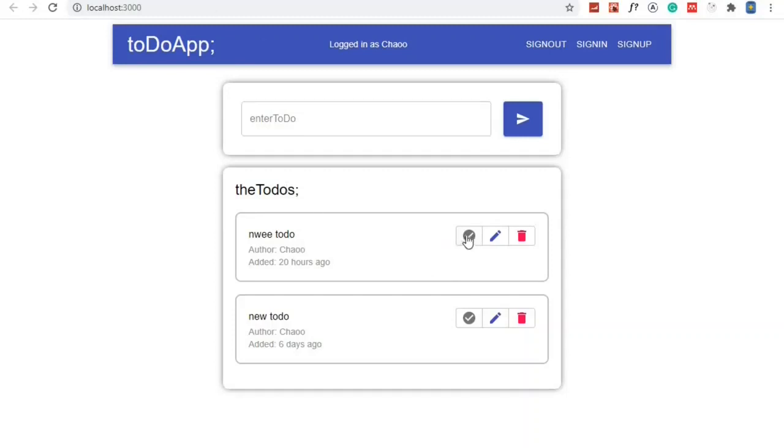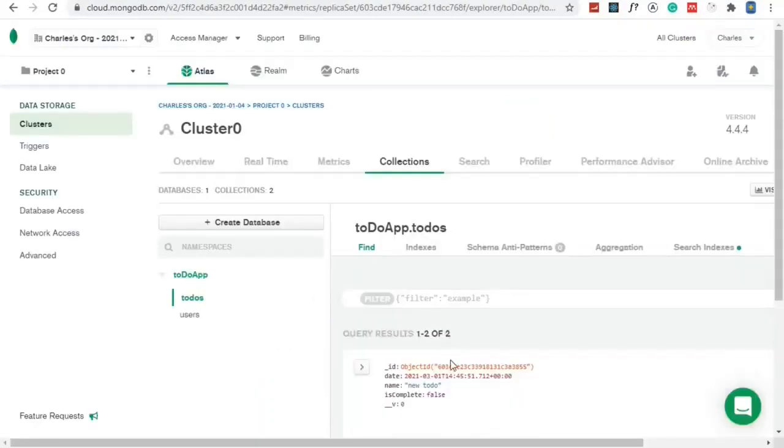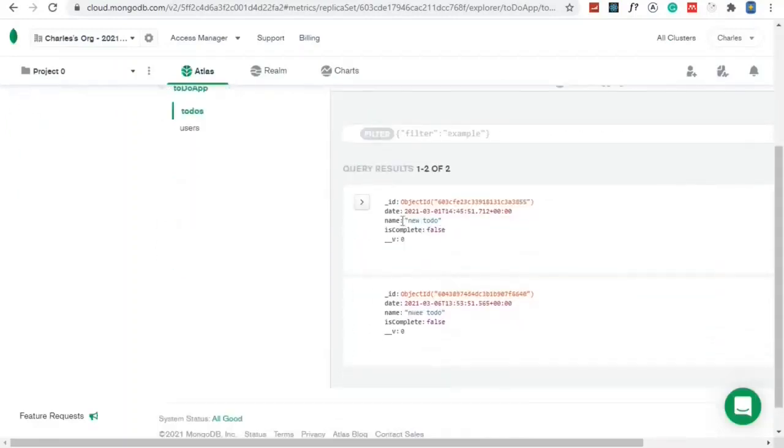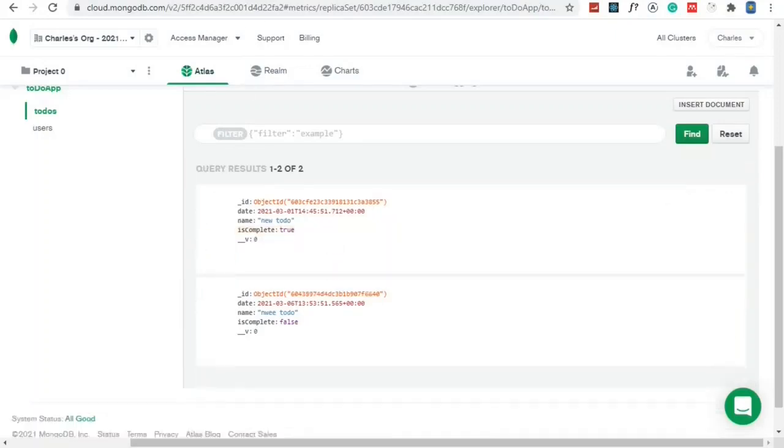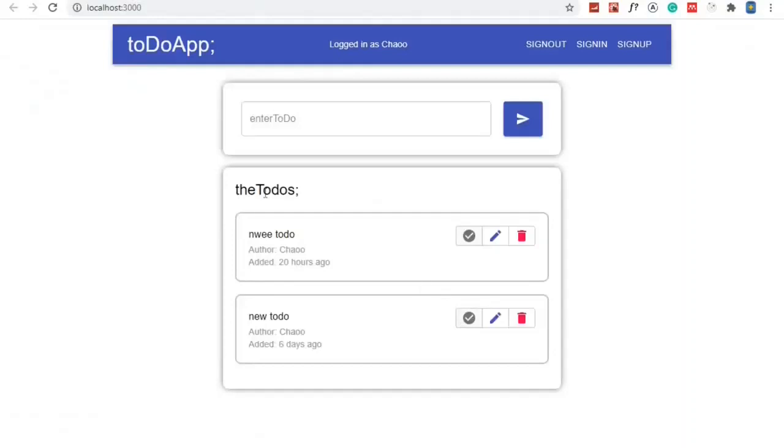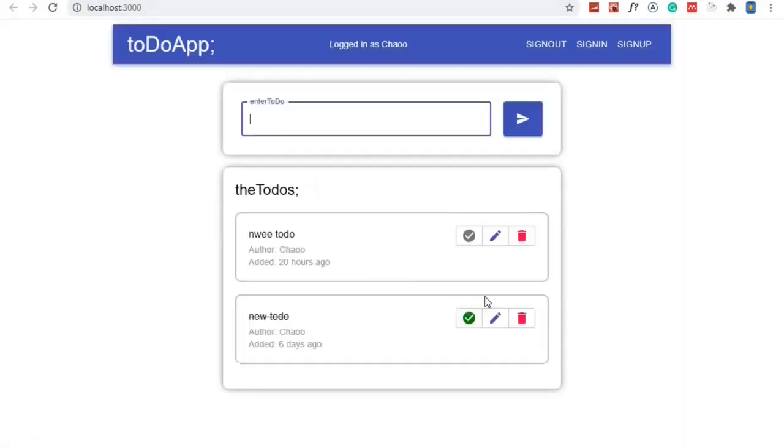So we can go to the database and change the status of one of our to-dos. So I have my database here. Okay, let it load. So right here we have all our to-dos set as false. So for our new to-do here, the first one, we can change the value to true so that we see whether it will change to something else. So right here I can set it to true and update. It has updated. When I come back, we don't see the changes immediately, but we need to hit refresh. And you see now this is green because the status of our to-do has changed and we have a line through. So our display is working perfectly,